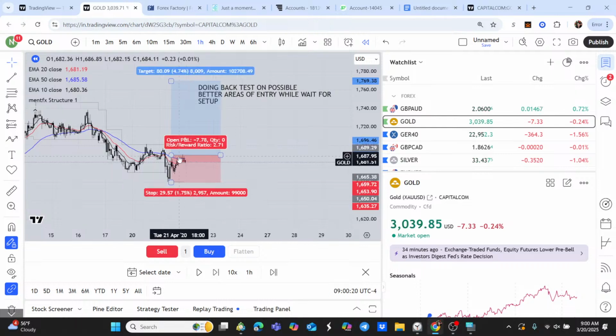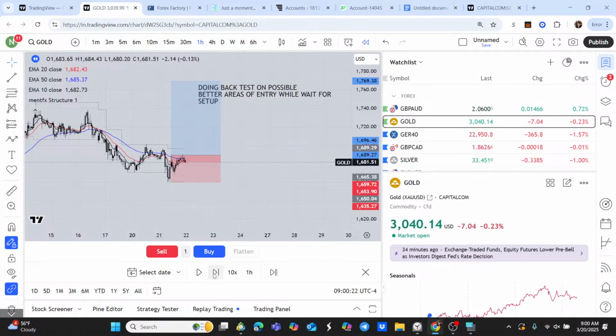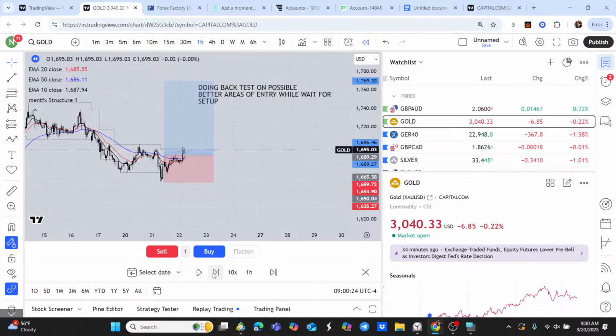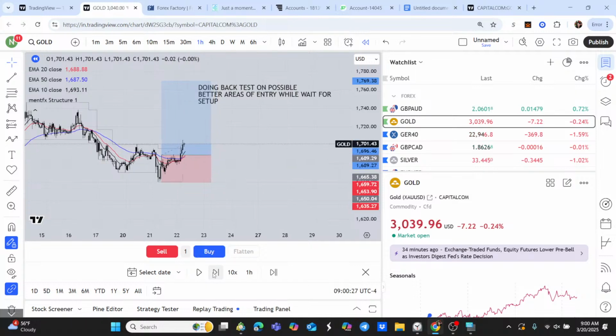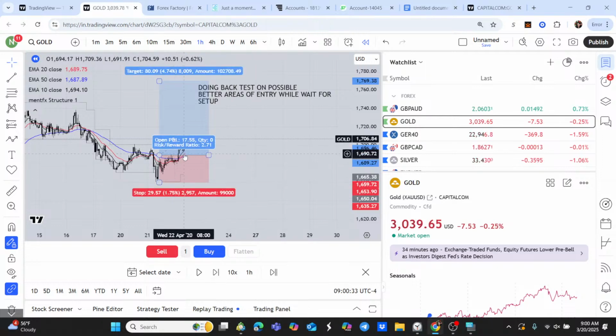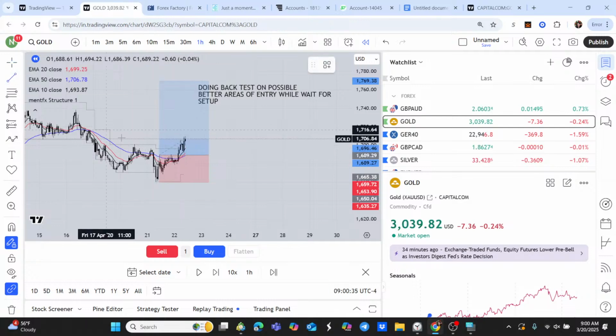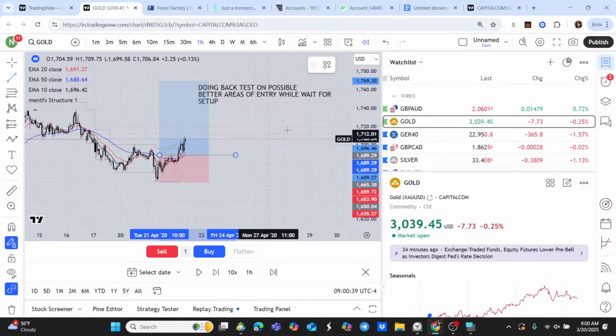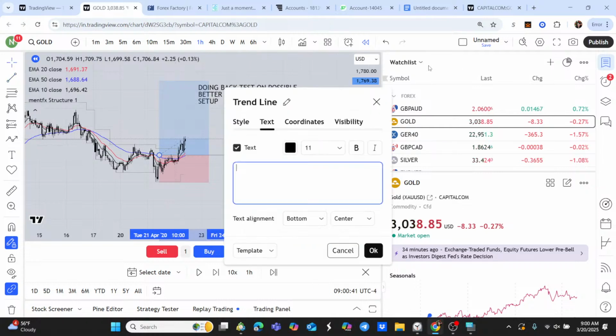I get tagged in by that little wick right there. Okay, make the move up. All right, at that point, I'm at break even. It made a move up, made the move down, made a move up. So now this trade, the SL right here,